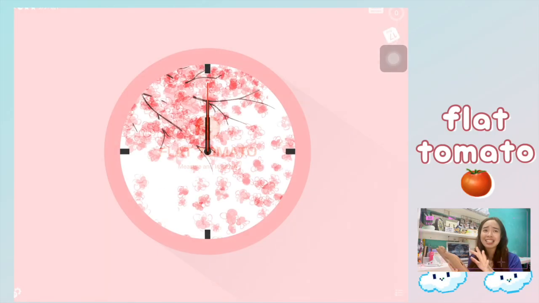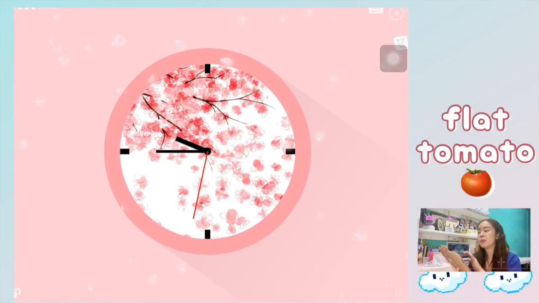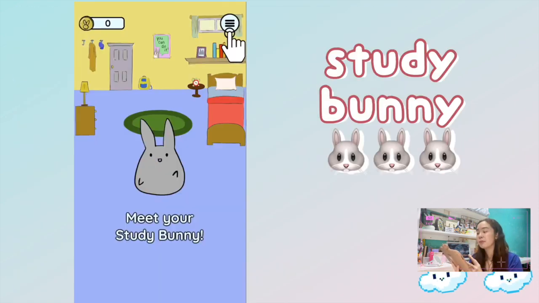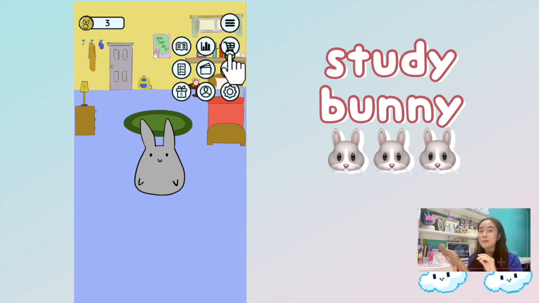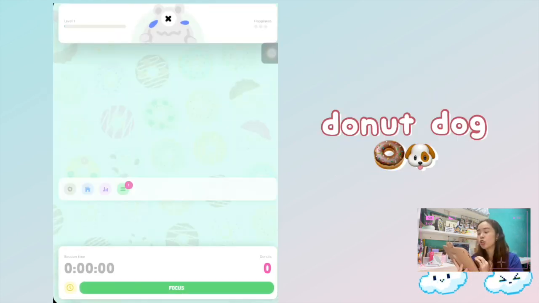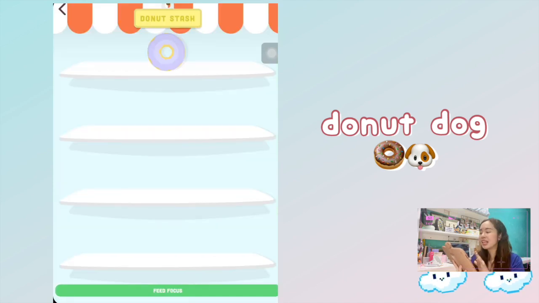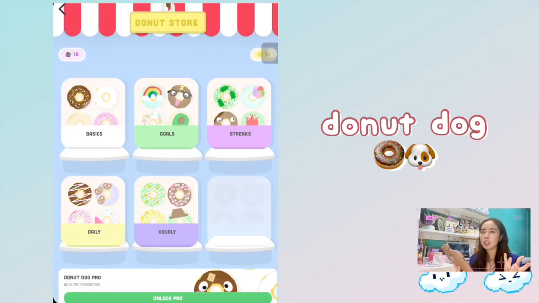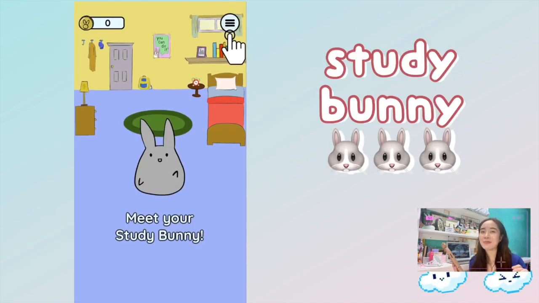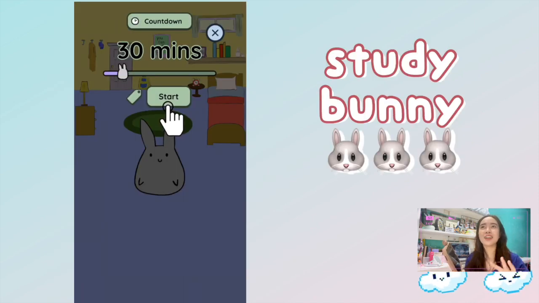Difference lang is their rewards. For the flat tomato, you have coins and then you can purchase a skin. And then for the study bunny, you can have coins to dress up your bunny. And then forest to have a new plant. And then sa donut dog, you will have donuts. But limited lang siya because you have to pay for the other features. But it's cute. Right now, medyo ginagamit ko yung study bunny because it's so cute to have a bunny as